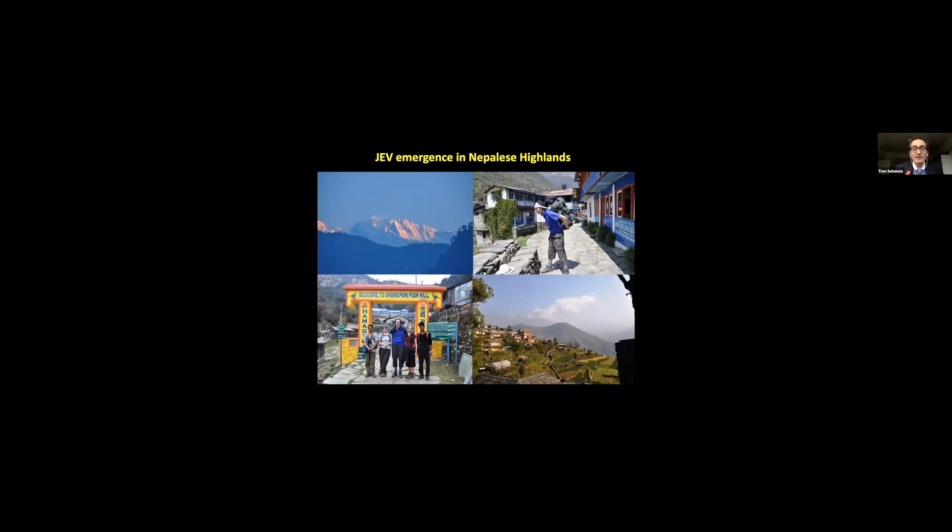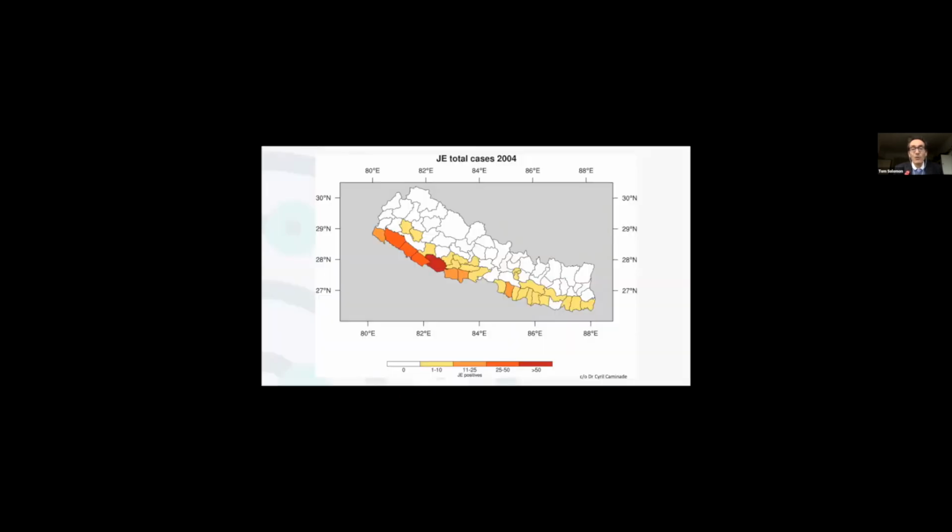Climate change is interesting. This is Nepal where we work, and a lovely place to work, as you can see, a fabulous place. What we noticed over the years was that originally, Japanese encephalitis was just seen in the Terai, in the lowlands here in orange. And in the white areas is where you're going up into the foothills of the Himalayas. The presumption was that it was too cold in the foothills to see much virus activity there. But then you can see, as time went on, that we did start seeing disease and virus activity up in the foothills of the Himalayas.